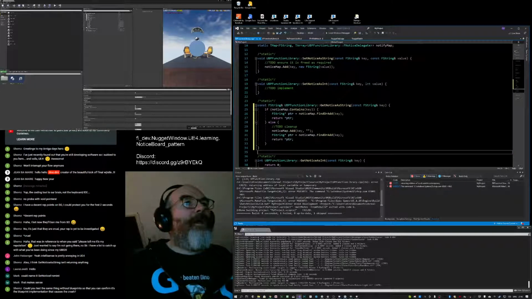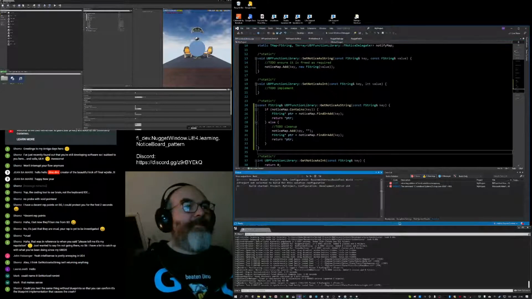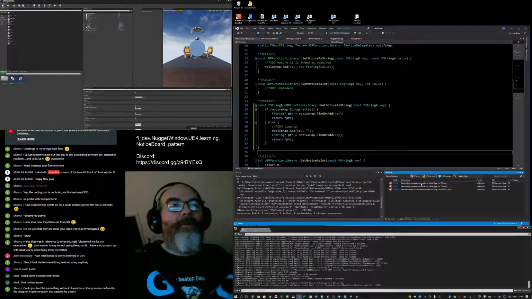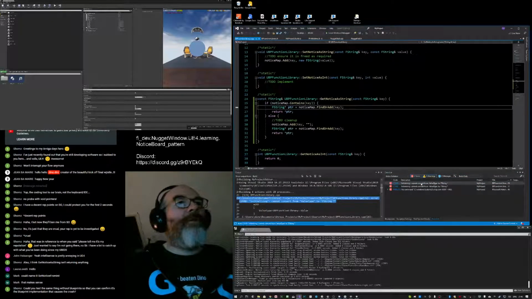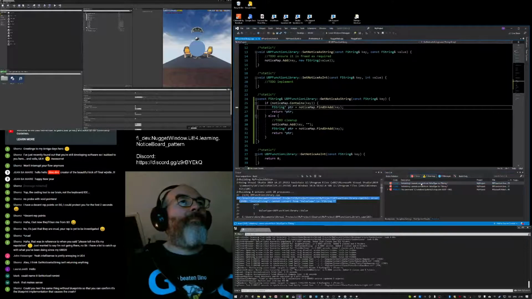That should work better. It should not crash if it's not defined. That could actually be what was wrong. I don't know. Well, we've got a problem though. Cannot convert from value type to FString.